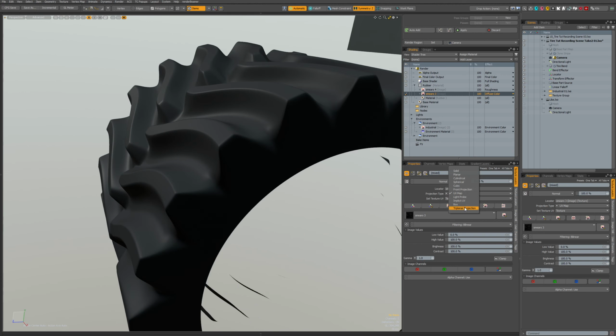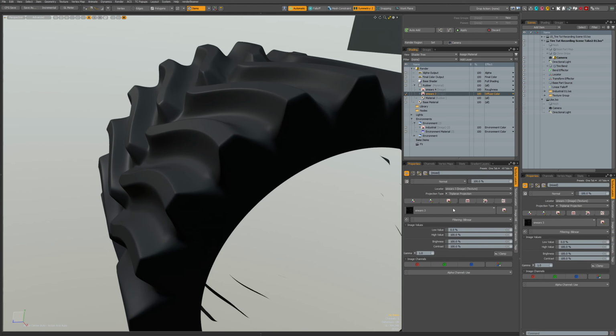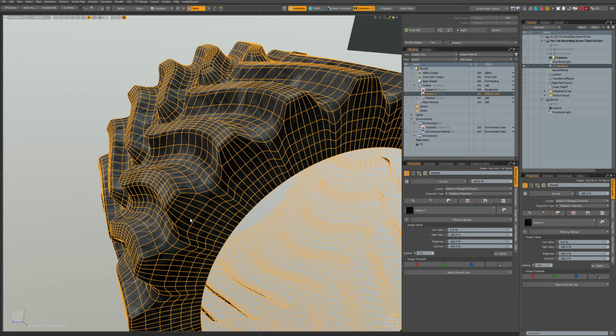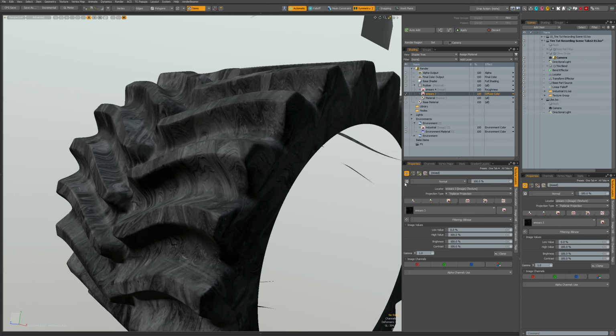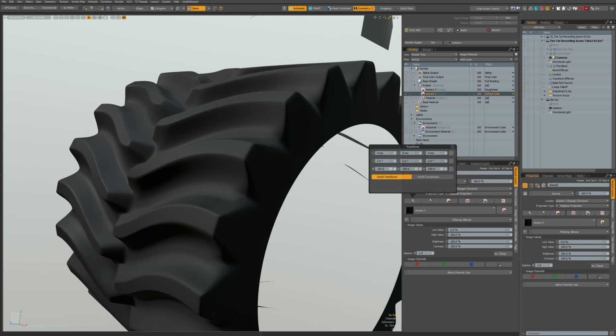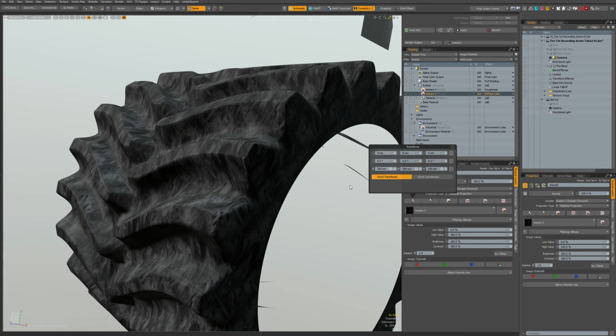I just use this, change this to triplanar, which is a new feature which simplifies things. So now we see, I think it's a bit too big maybe. Now it has, I forgot that new way to input things, so now it's 250 millimeters, but I forgot to apply it to all.